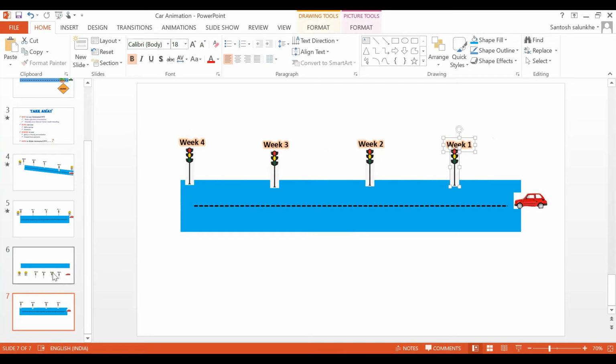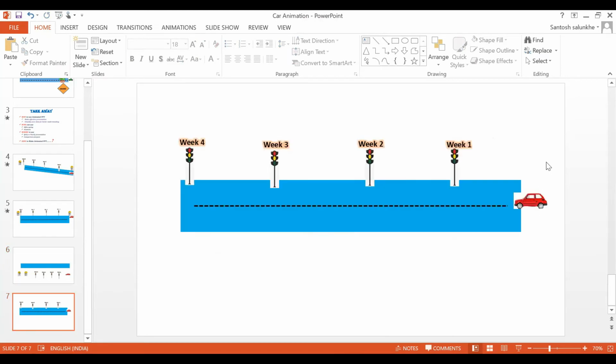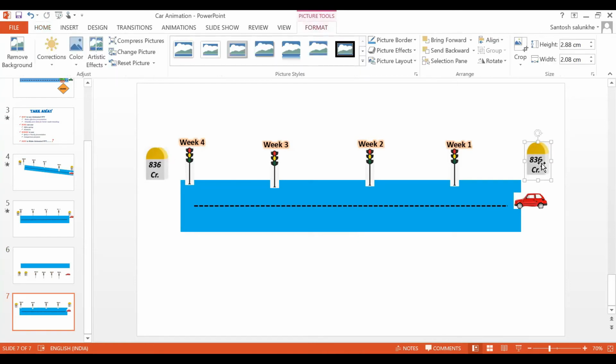Now we'll add some milestones, like initially what target we have taken, and we'll show what target we have achieved. You can change the figures as per your wish.